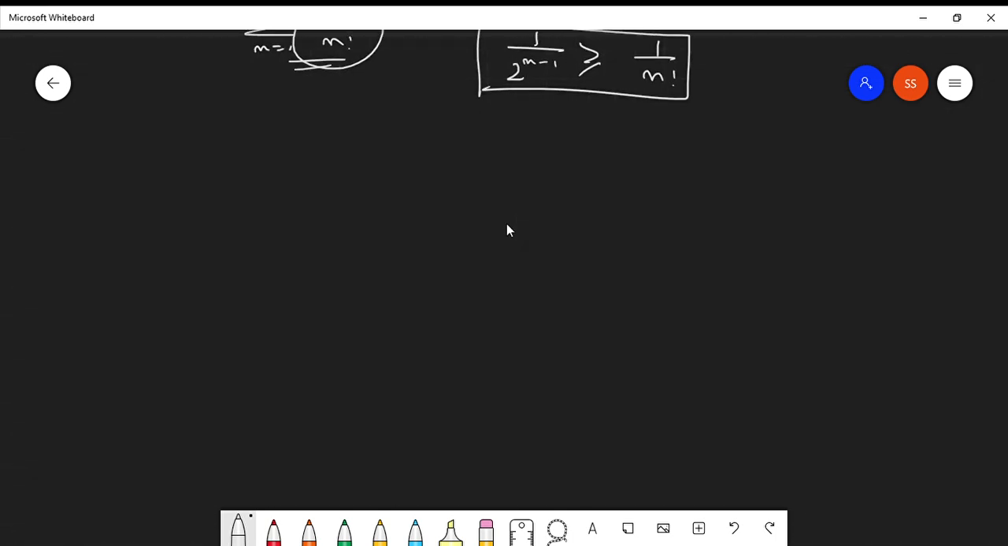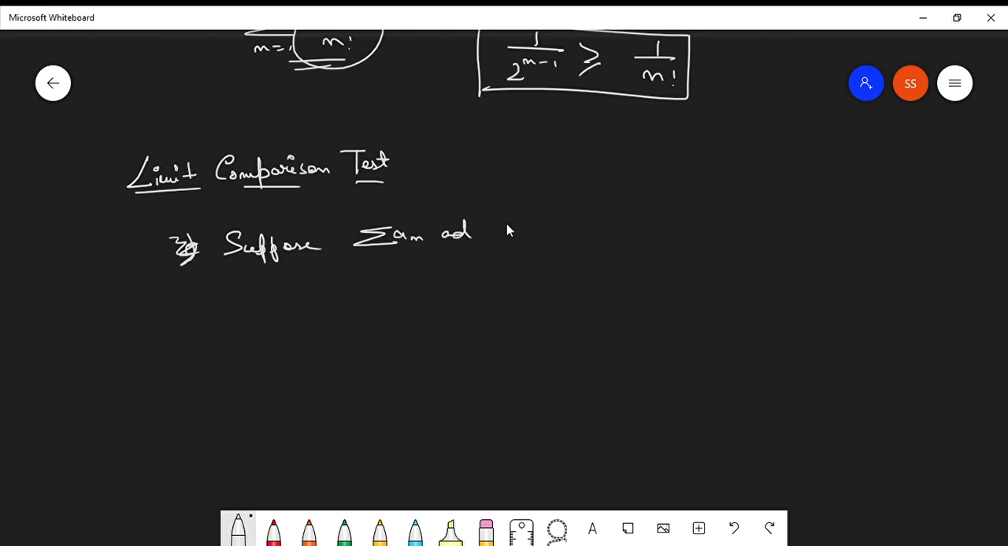Once again, it is called the limit comparison test. Clear? So what does the limit comparison test basically say? Let us first go through the statement, and then we will understand how to go through these sorts of tests. The statement says, suppose you have two series, an and bn,